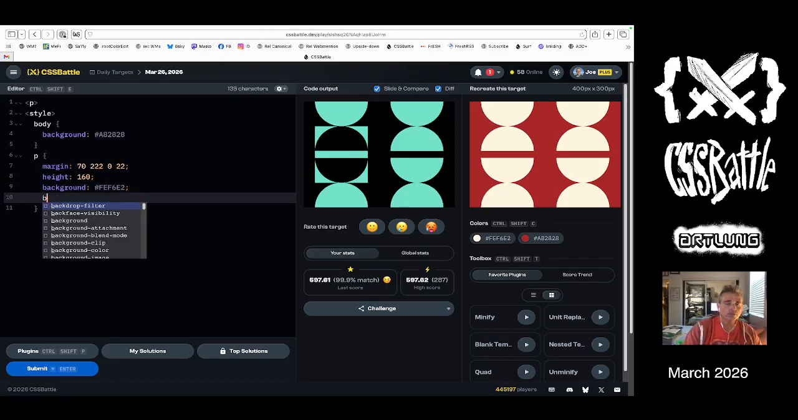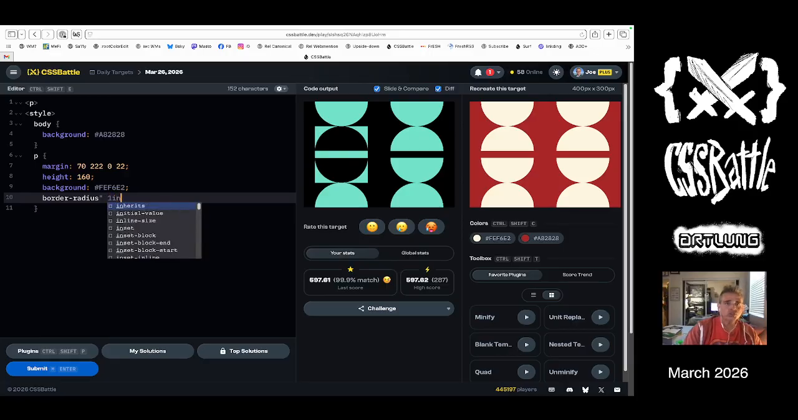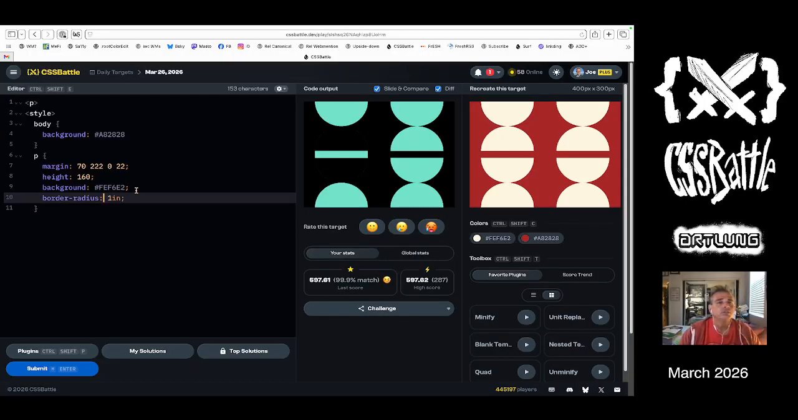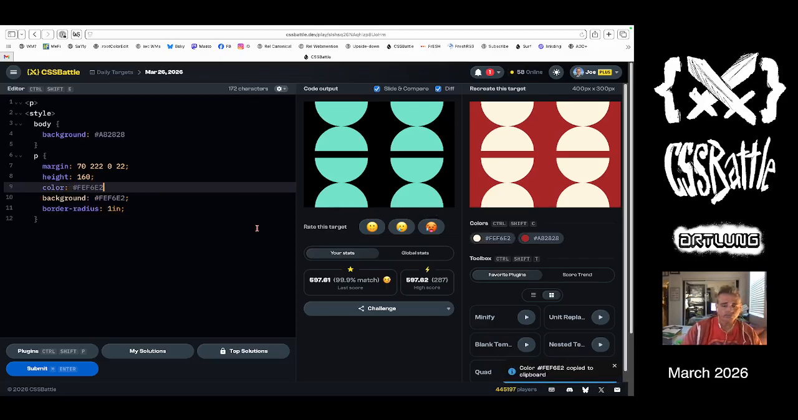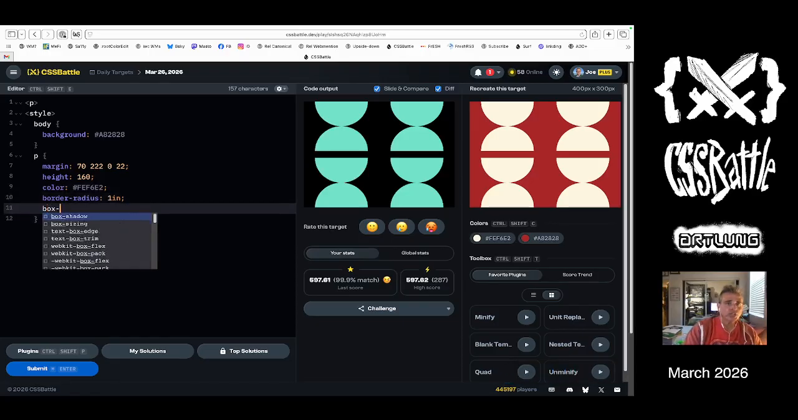Okay, now we have a border radius of, how about 1 inch? Let's try that. Oh, we have a bad character. We used a quote mark. There we go. And then we'll make this a linear gradient. Or actually, since we need color for box shadow anyway, I'm going to set color to be this. Remove the background and do box shadow